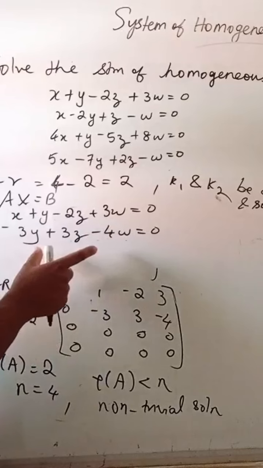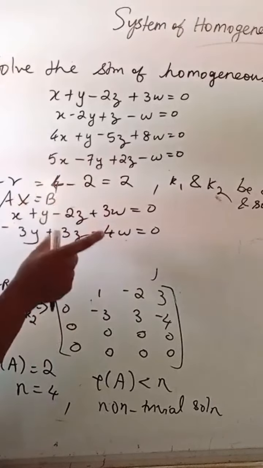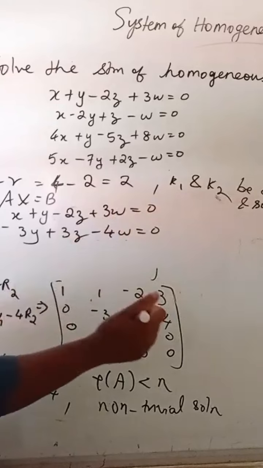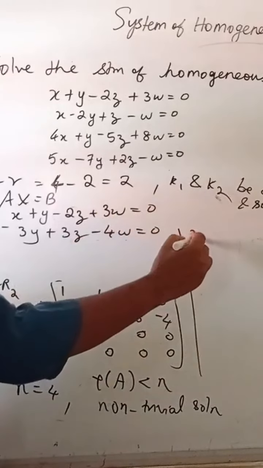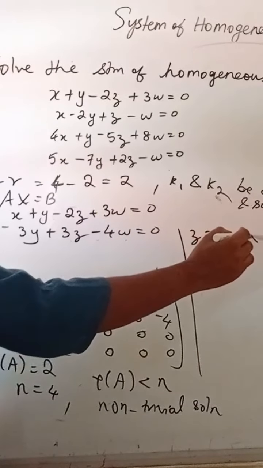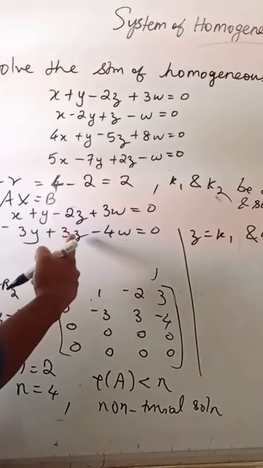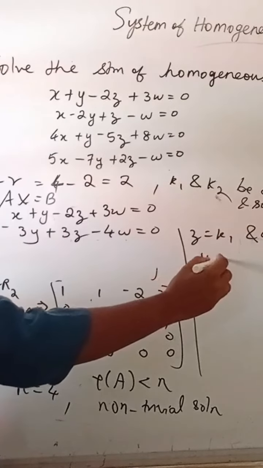So here we have to assume K1 and K2 for two variables. So let z equal to K1 and w equal to K2. Then here we will get y equal to. So from